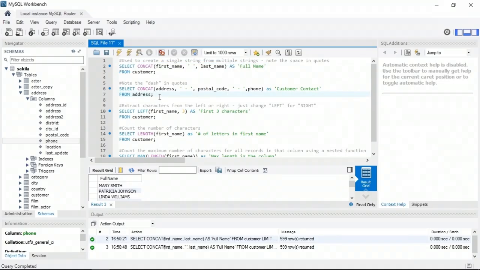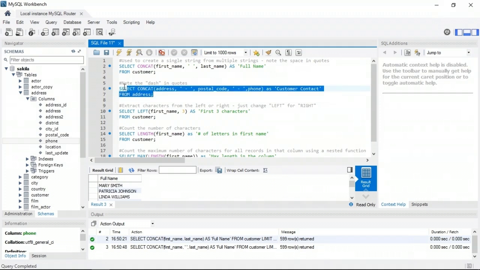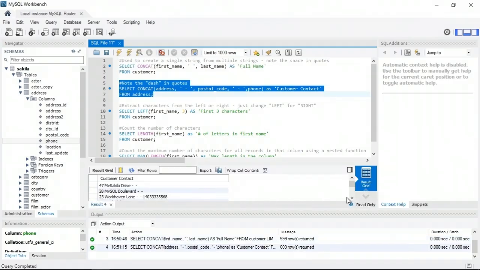This is just another example, and in this case, I am inserting a literal character of a dash between each value. So I'm retrieving the address, the postal code, and the phone number, and simply calling it customer contact. So this way we'll actually see the dashes in between each value. Now you can see there aren't postal codes or phone numbers for some customers, but that's fine. If we scroll down, there we see some examples where both are present, and it's a little more readable